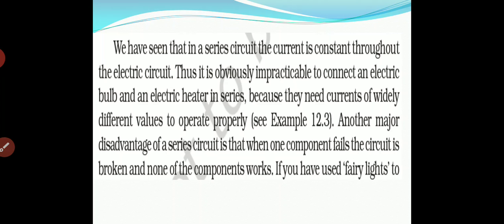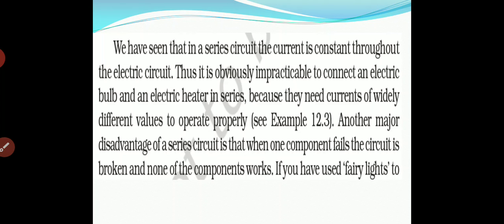So that will not give a proper amount of fairy light. Fairy light will not work properly. So in this you can see that series connection has some disadvantages, in which if the particular resistor or particular bulb gets broken, then it will not conduct electricity, or the charge will not pass to the